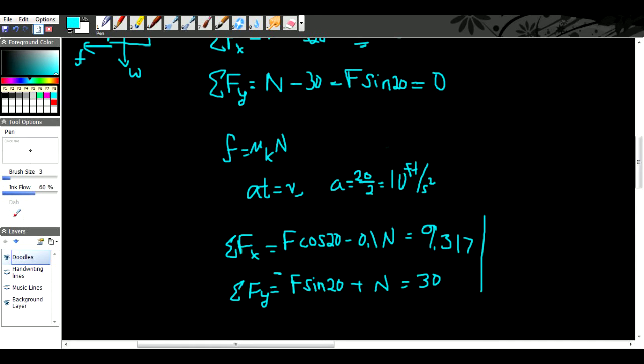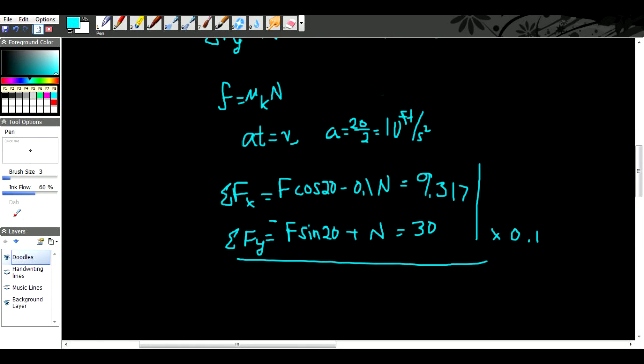We're going to multiply the bottom equation by 0.1 and add these equations together, and we're going to eliminate N. Just solving for the coefficient for F, the force, we have cosine of 20